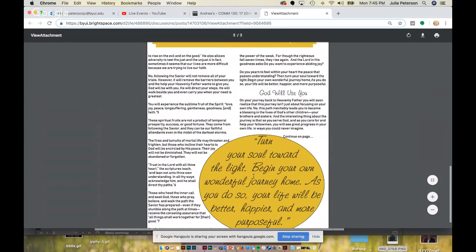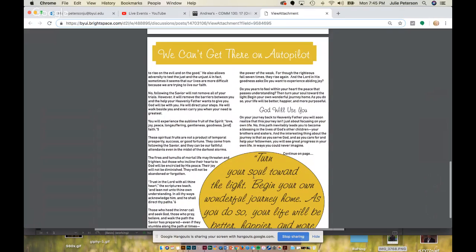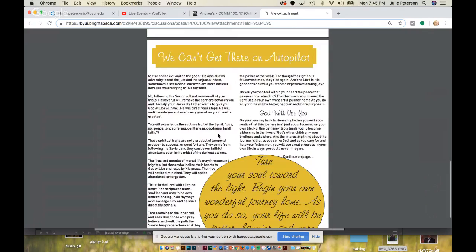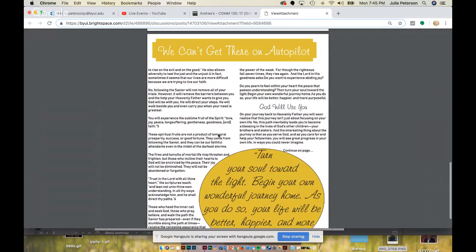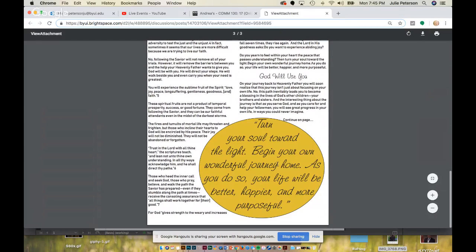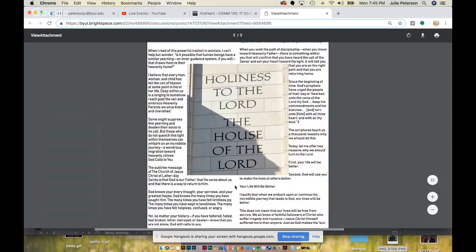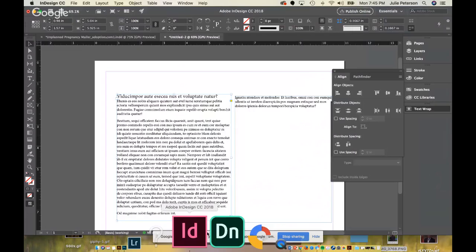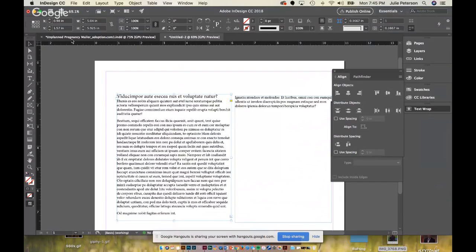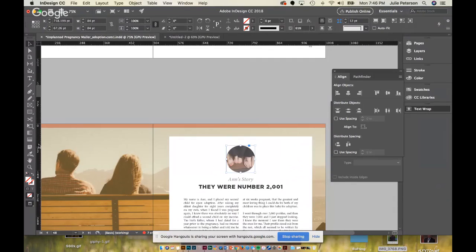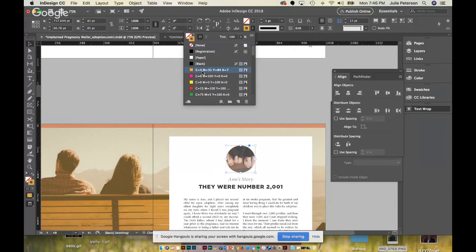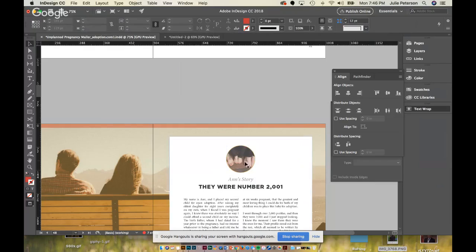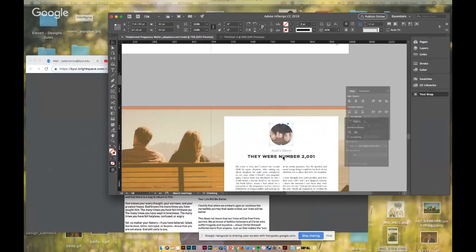But I think that's pretty much it. I would love to see yellow on this page too. You have yellow here and here. I would love to see some yellow on this, even if it's a stroke around the image. And you can just click on an image. Where's InDesign? You can click on an image, and I'll just use this image as example. And you can come over here and add a stroke, and then you can add your yellow stroke around it, okay? And then boom, you have some nice yellow, okay? All right, other than that, it looks good.